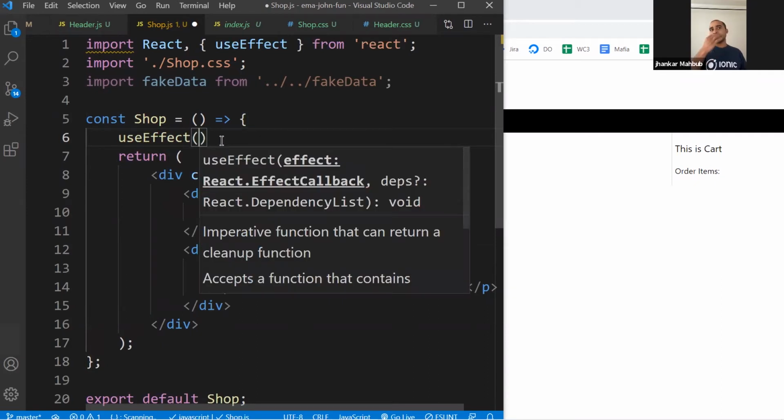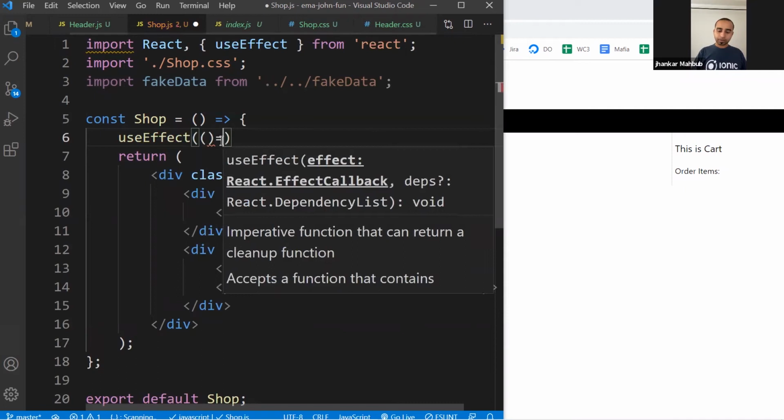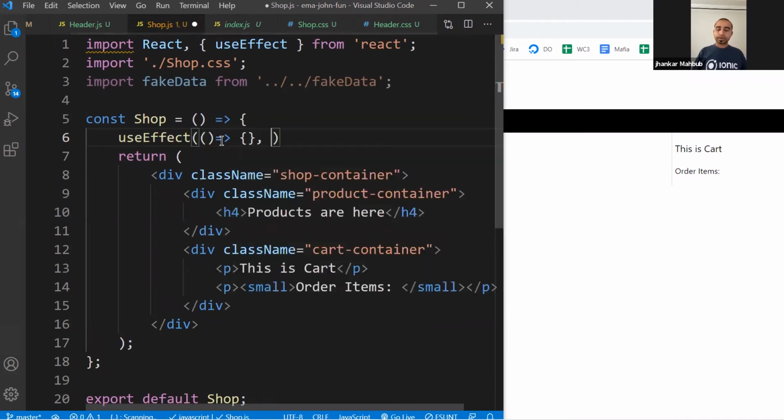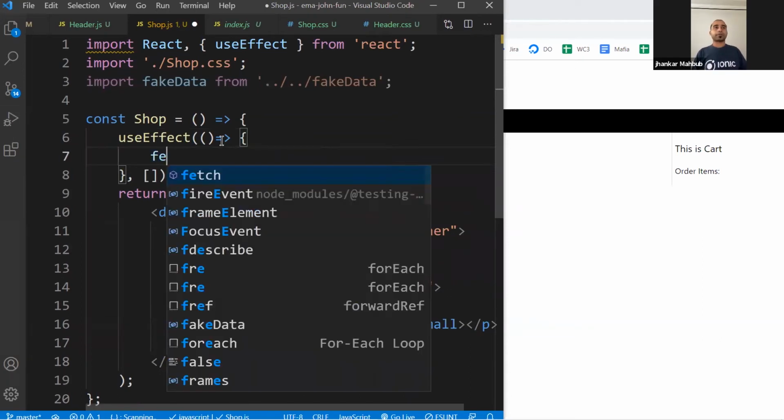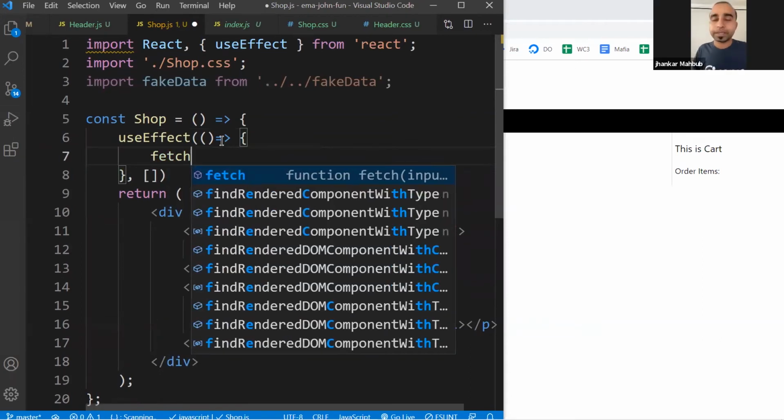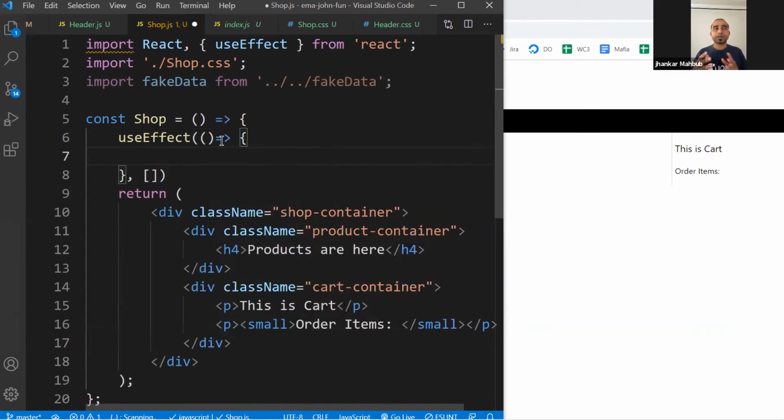Inside the useEffect, you will create a callback function like this, and you will declare no dependency right now. Inside it, you declare some kind of fetch. Since we are not going to the URL right now, we can avoid the fetch part, but we need to store the data somewhere. Because if there is no data, that's one case, and if you load the data, then you have the data. That's a different case. So the state is changing.